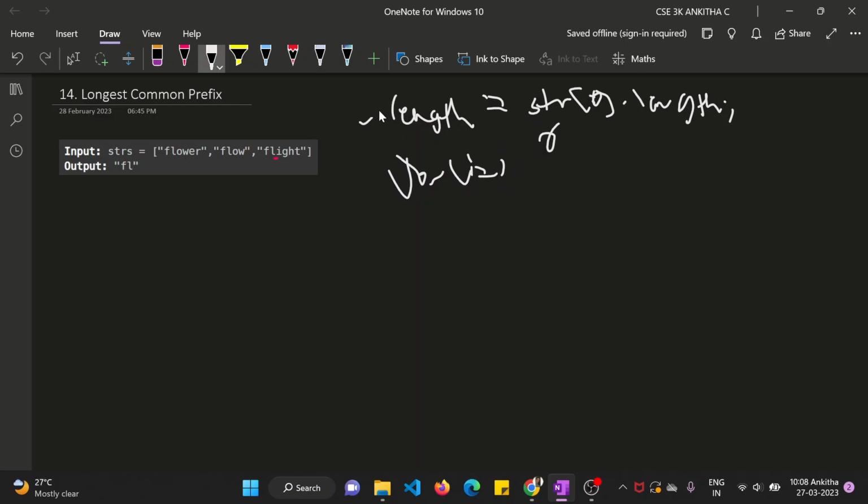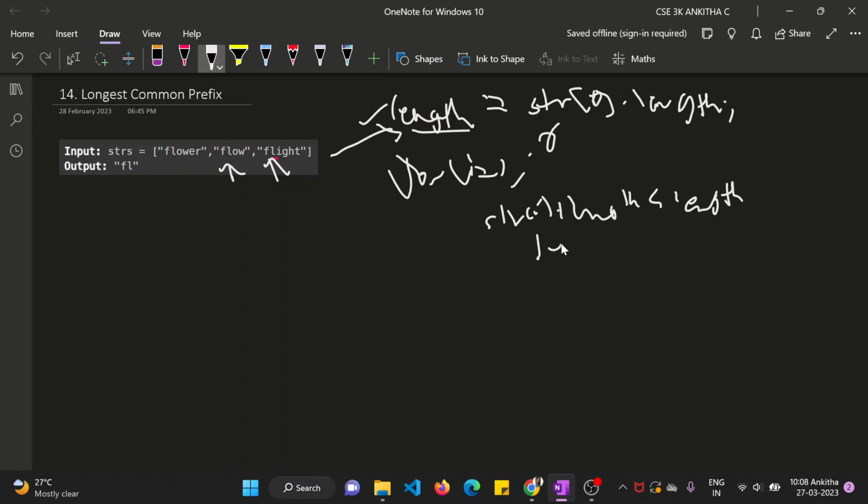Because the zeroth length we already have. Then you compare the length of each element, i equal to 1, then i equal to 2, with this length. If strs of i dot length is lesser than the given length, so the flow length is lesser than the flower length,